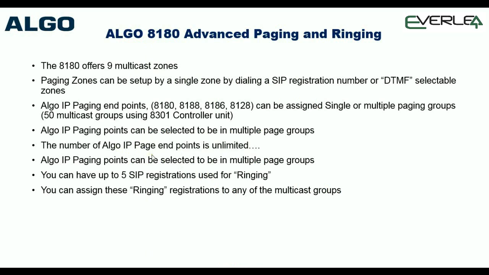Just want to touch on a few points with the advanced paging and ringing. The technical side is added on to the end of this presentation. The technical presentation will go into this in more detail, but from a sales perspective, effectively the 8180 has got 9 multicast zones, which we call page groups. But out of that 9, you can use 6 or 7 of them, and then you've got things like all page,